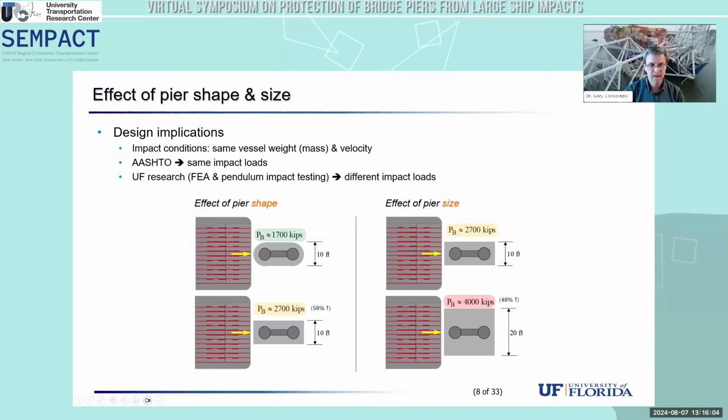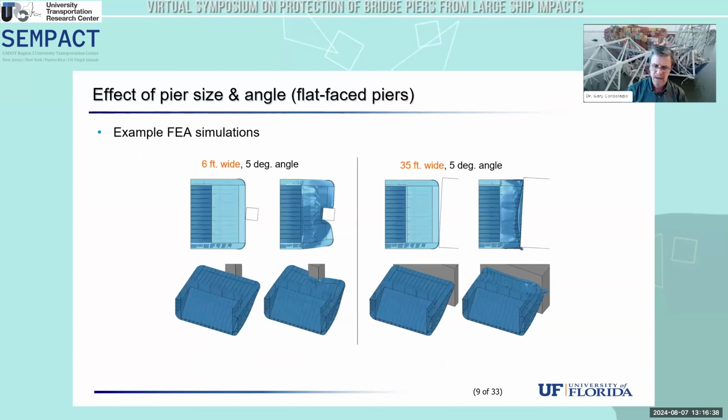As an example, if we look at the effect of pure shape, two different piers with, let's say, 10-foot wide impact surfaces, the rounded geometry case will produce loads that are significantly less than a flat-faced impactor. And going to a flat-faced, let's say pile cap geometry, can increase our design loads by approximately 60%. Likewise, if we move from a relatively narrow pier to a wider pier surface, once again, about a 50% increase in the impact force associated with nothing more than changing the geometry of that impact face. All right, so taking this kind of information into account can help us with designing structures more efficiently.